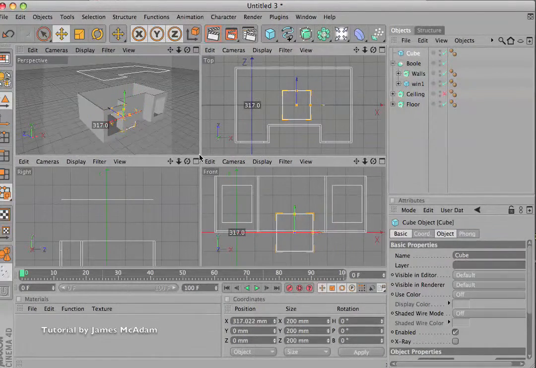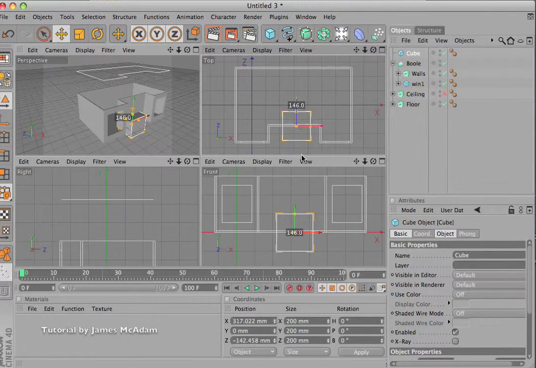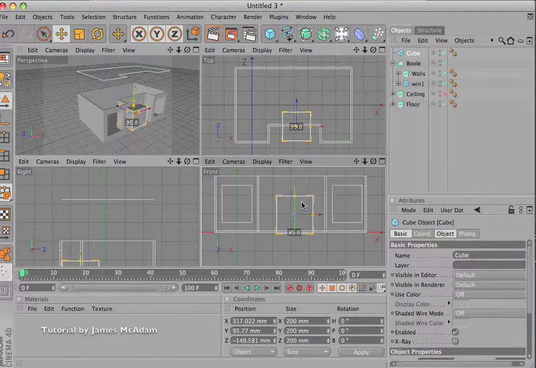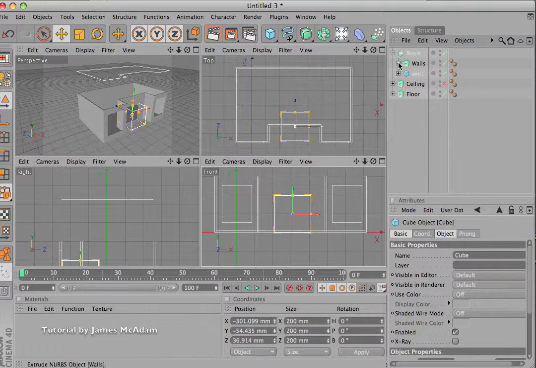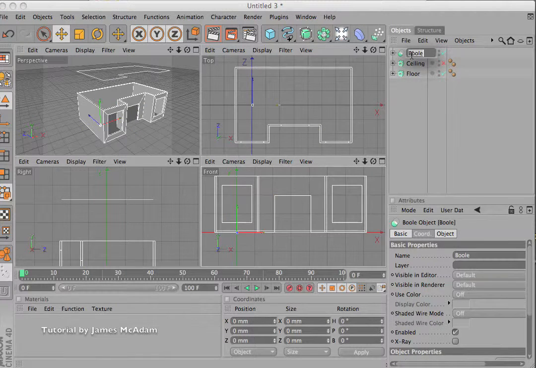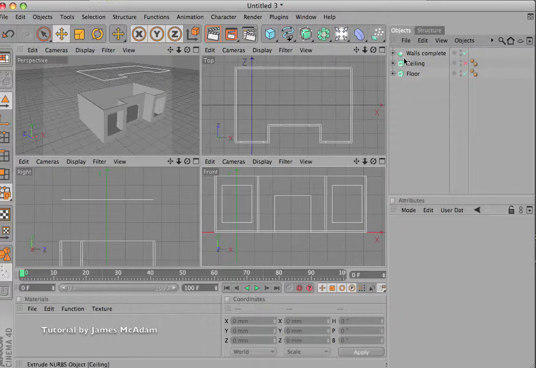So just one more box which we will use for a door. Now what this allows us to do is again create an aperture, but we can just go straight into the same bool by dropping it into the other window. So you can see those 3 cubes just take on the properties of one object and rename that the walls complete. Okay,